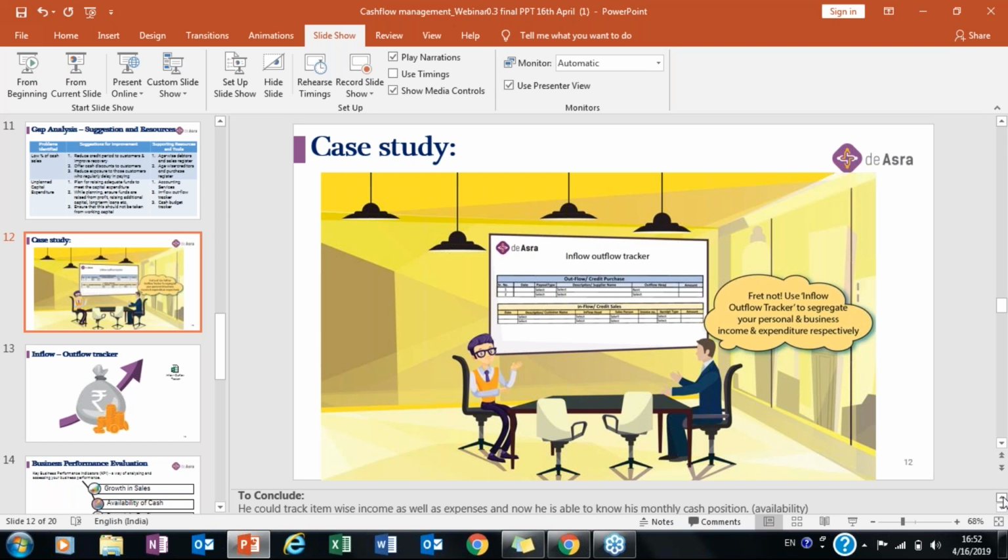For any small business, managing Tally or having Tally can be difficult. A lot of people may not be able to use Tally in their business, and some of them write their accounts in books. But due to that, they are unable to understand the cash position which is there currently, and therefore cash flow management helps you to understand and manage your cash flow efficiently.